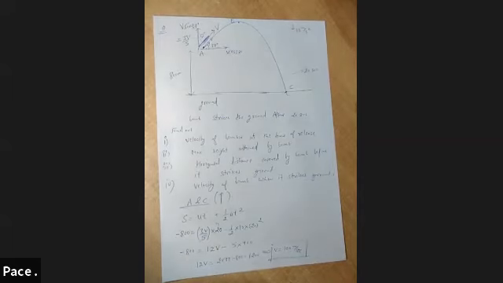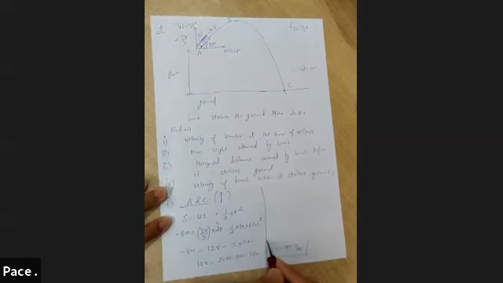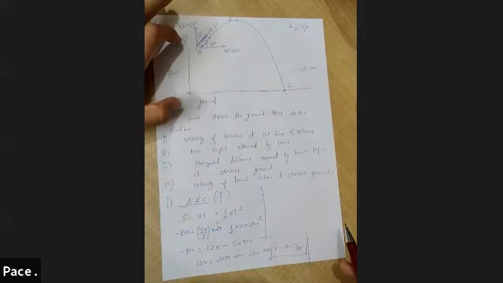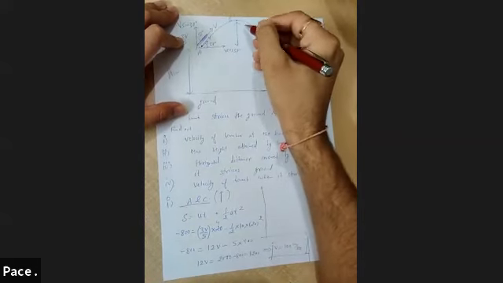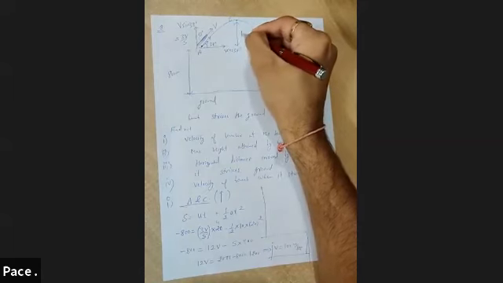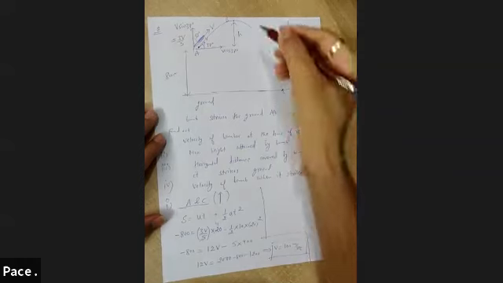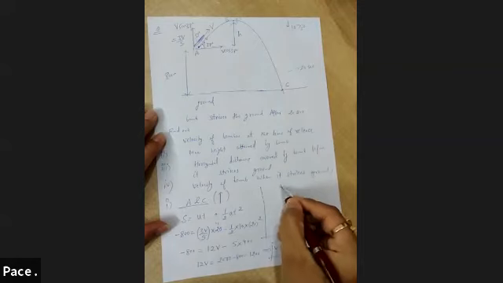Now the second part is the maximum height reached by the bomb. So already this bomb is at a height of 800 meter from the ground. You just find out the vertical displacement between points A and B. Let's say this one is a small h. So you have to find out this small h and just add this small h to 800, you will get the final answer. This small h you can find out, because the final vertical velocity at point B would be 0. So simply you can use it between points A and B.